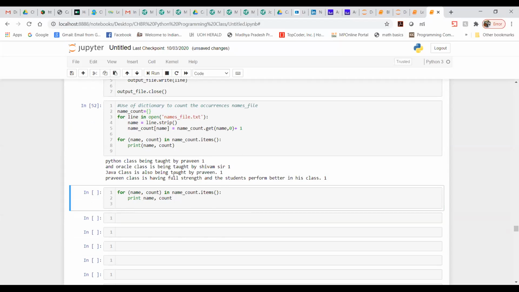You can see here Python class taught by Praveen, this is counted as 1. Now Oracle class is being taught by Shivam sir, it is giving count 1. This one count 1, this one again count 1. What we are trying to do here is find out the name, but how exactly will you identify the name?